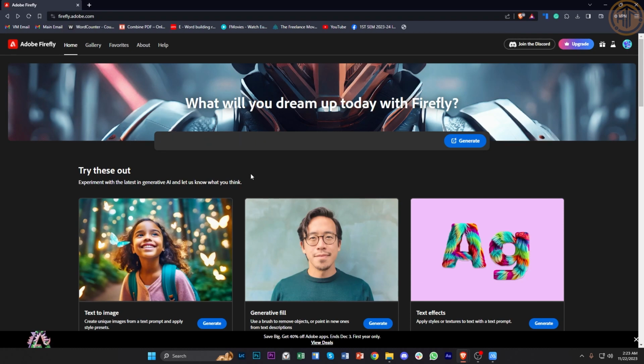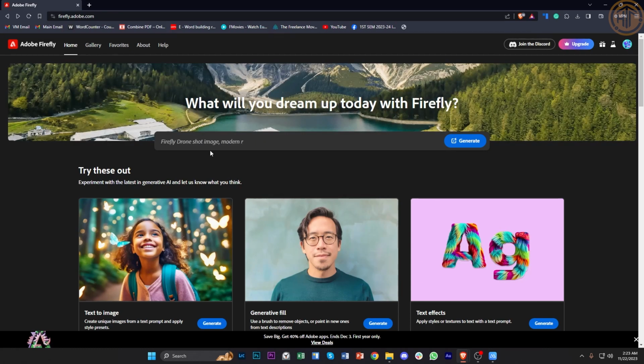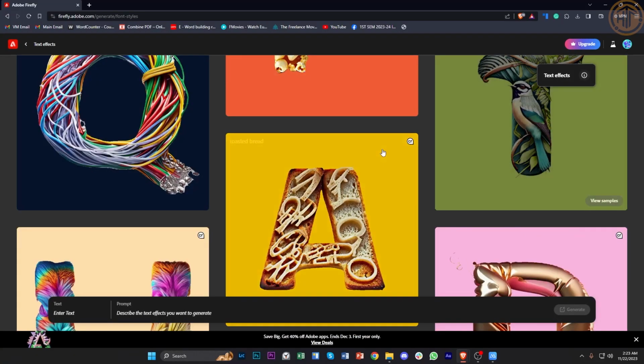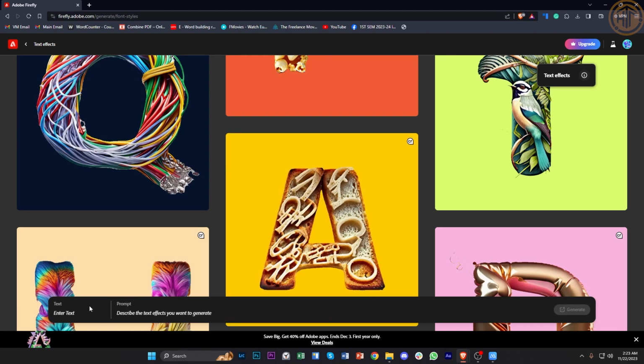So this is going to be pretty easy guys, because what we need to do first is to launch the firefly.adobe.com website and then tap on the text effects option. Now tap on generate. You can actually generate your own text effects. Of course you could use specific text effects that you'd like, but firstly we need to type in the specific